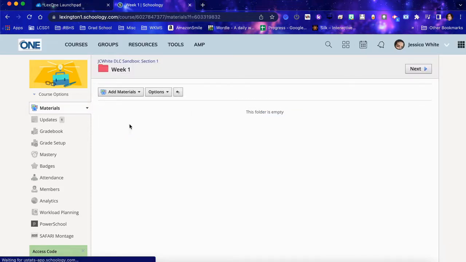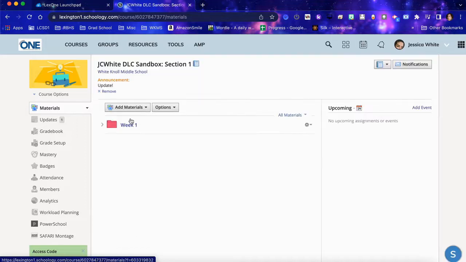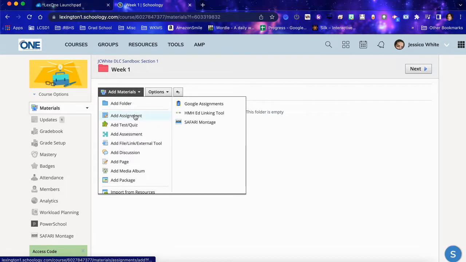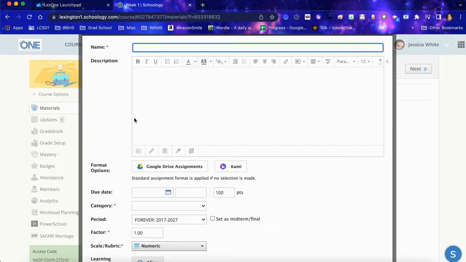Now, whether you're inside a folder or not, whether you have selected a folder or you just want it to be on your main page, you can add materials. So that includes assignments, assessments, quizzes, files, discussion boards, all kinds of cool and neat tools. Please reach out to your DLC and your leadership team for more details on what exactly these can or maybe should look like in your class. But to keep it simple,